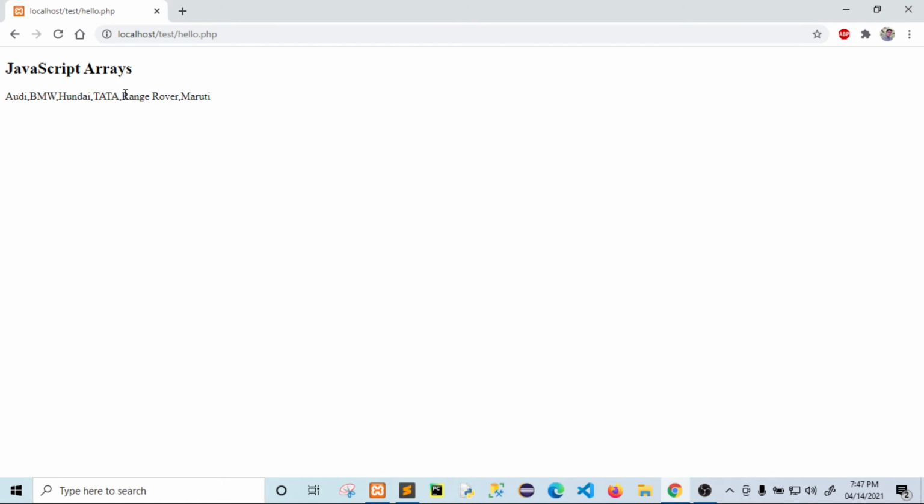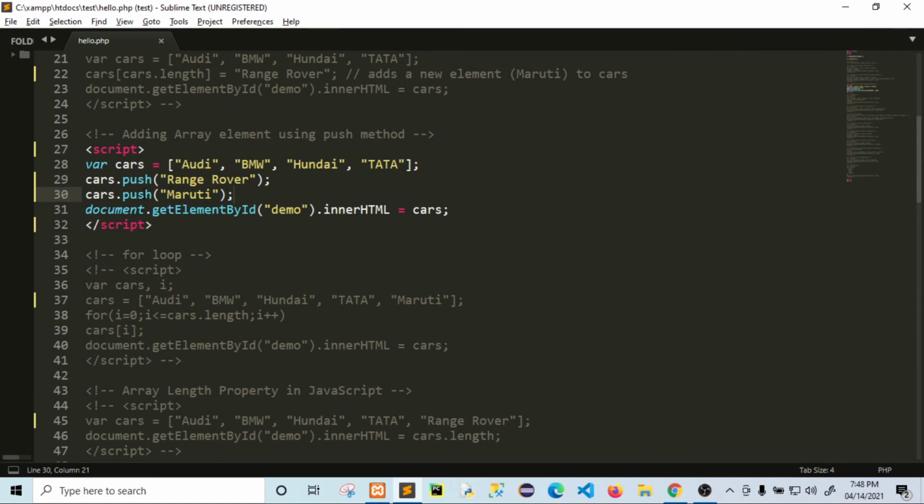After Range Rover, Maruti is there. So in this way, by using the push method, you can add new items into the array of JavaScript, right?